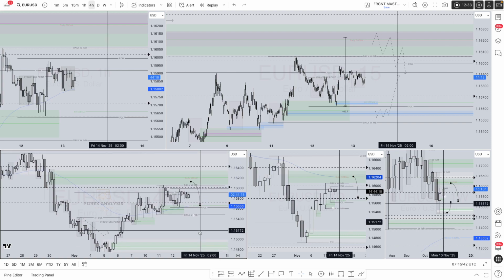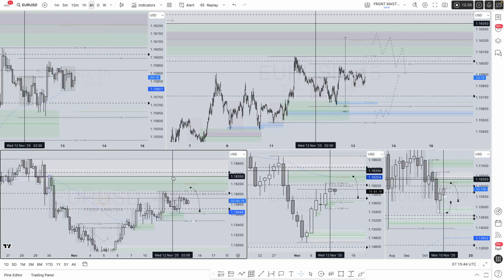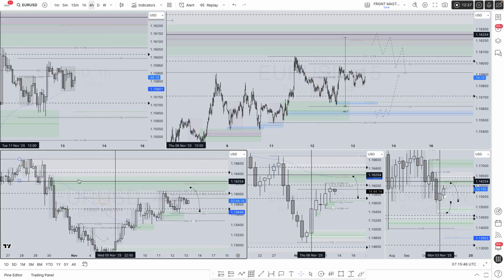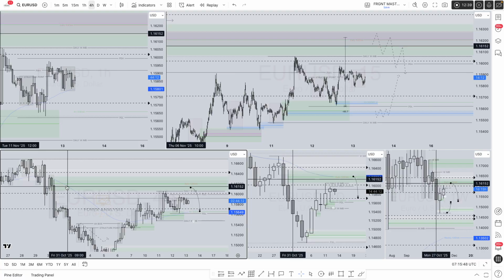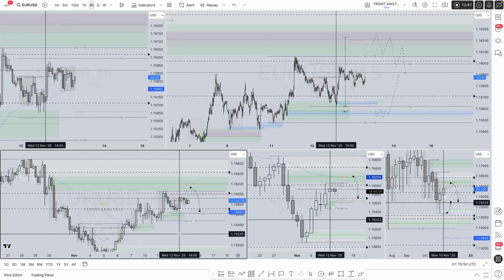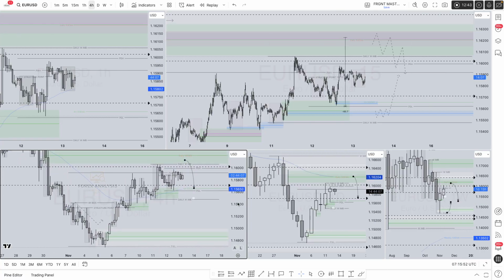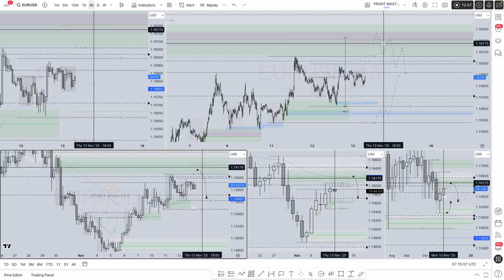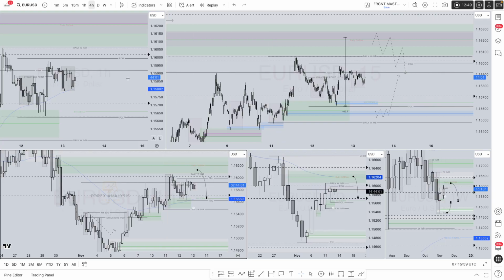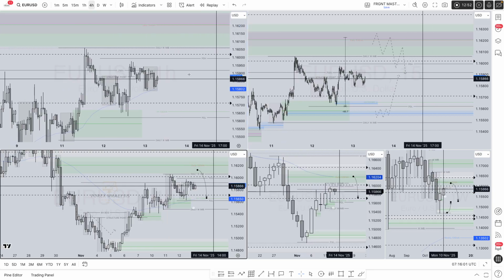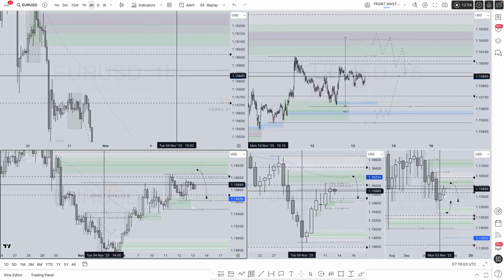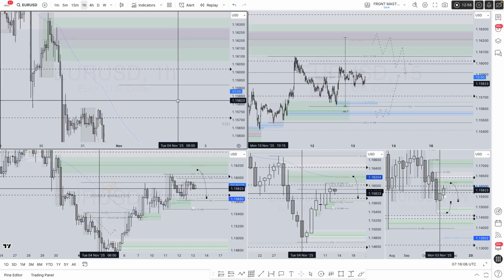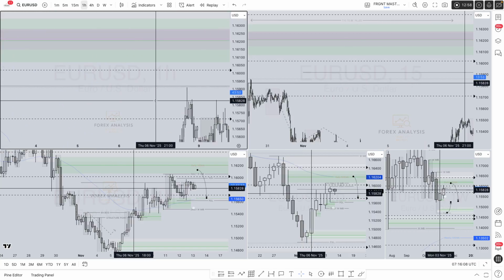Let's see if that daily order block can be refined any more in terms of 4-hour. No, it cannot. So this has already been mitigated. So this is the lowest 4-hour order block in and around that area. So this order block will stand for me. It's already been refined in terms of 1-hour order block, just to the left, top left chart here. Let's have a look to see. Perfect. It's available, yet to be mitigated as well.